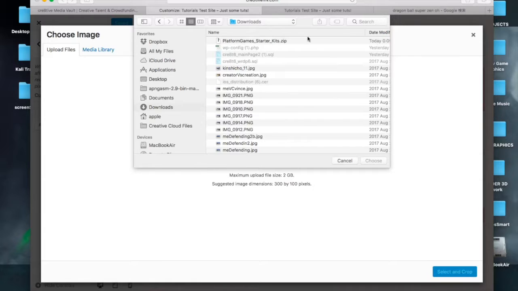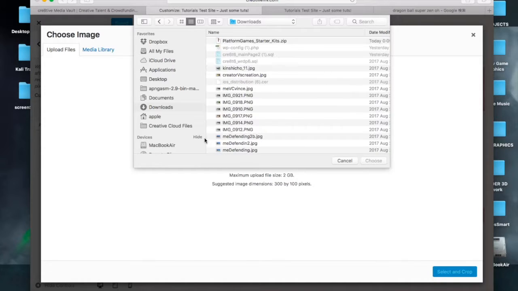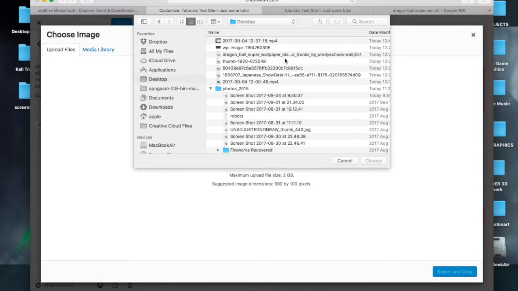And hold on, let me sort by date modified. Or did I save these to desktop? Yeah, I think I saved these to desktop. Sorry. All right, yeah. So I'm just going to click on some of the images that we have here. So, for example, I might choose this one,